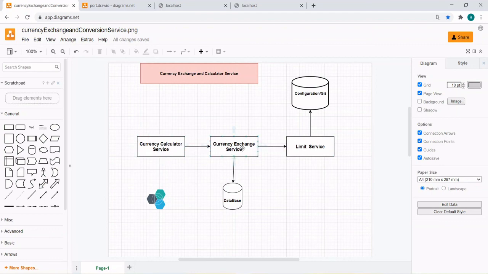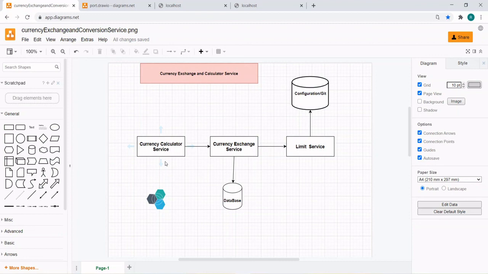The currency exchange service will give you the conversion rate. Whatever request the user is asking for the conversion rate, like USD to INR, euro to INR, USD to euro, USD to Canadian exchange value, all these things will be provided by the currency exchange service, and thereafter it gives the conversion rate to the calculator service to calculate the final value from the from currency to the to currency.